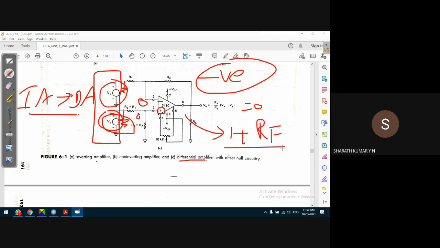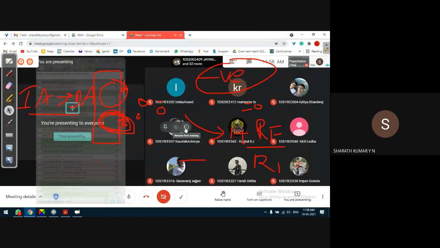Okay, because we are applying the input voltage to the non-inverting input terminal, we may suddenly conclude that the gain of this amplifier is close to...